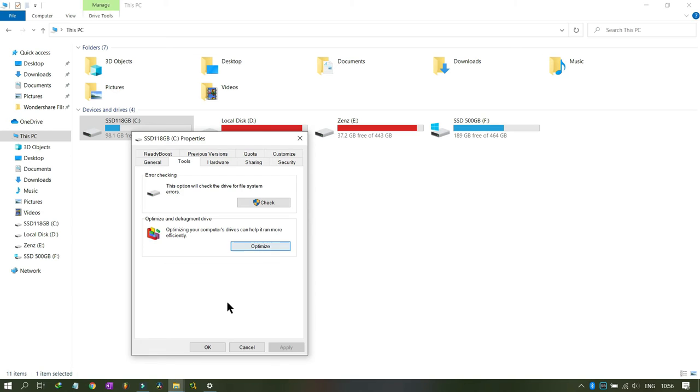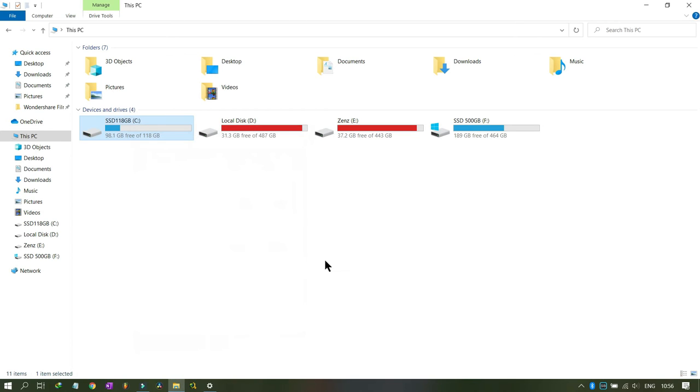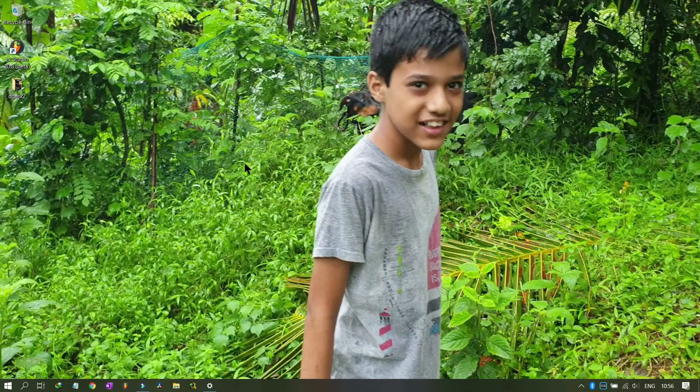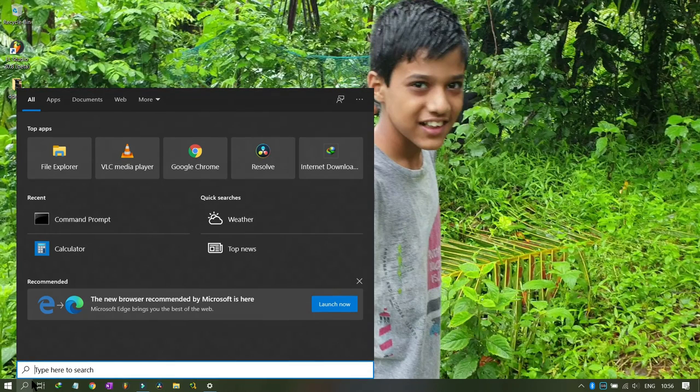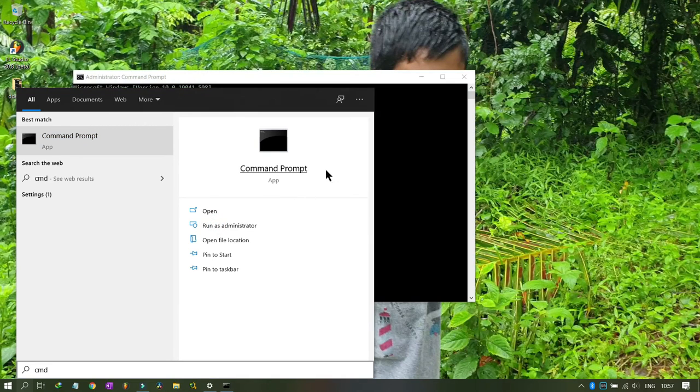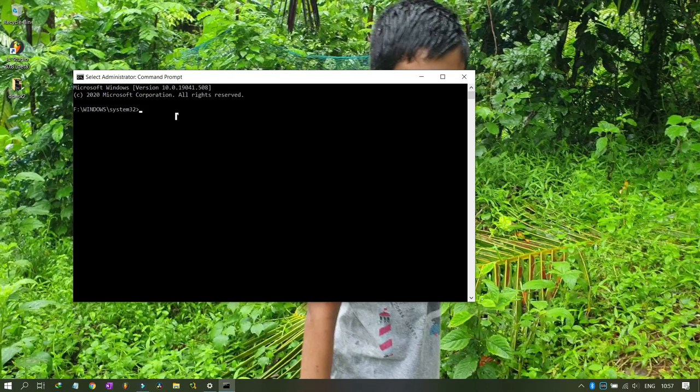Then there is a DOS way of doing the same thing. Sometimes the ScanDisk might not work, so I will show you how. So for this we will open the command prompt. You go to run, the command prompt is out here, but just to show you how to get to that, you type cmd, and this dialog box will open. Then you can press run as administrator. Okay, so now we have the administrative rights and we are in the Windows command prompt shell.